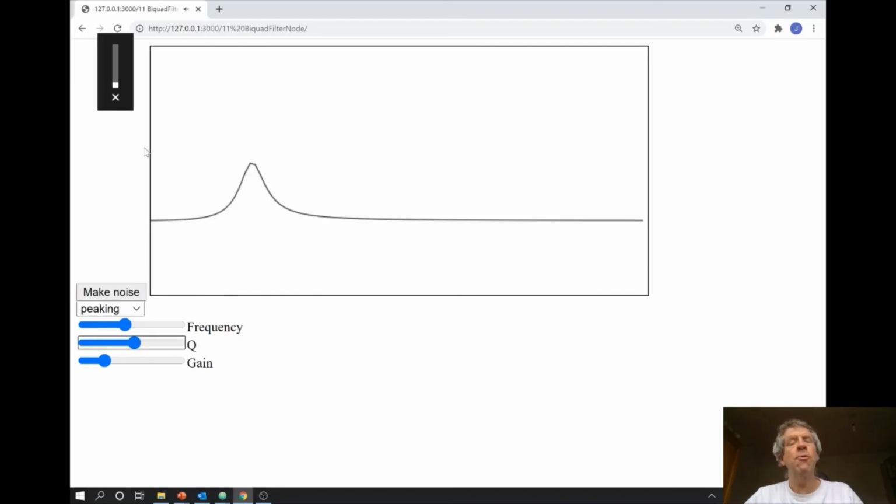So the graphing tool is very simple, but you see what sort of relationship between the input and the audio frequency, what happens to your